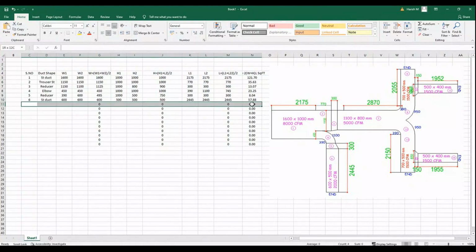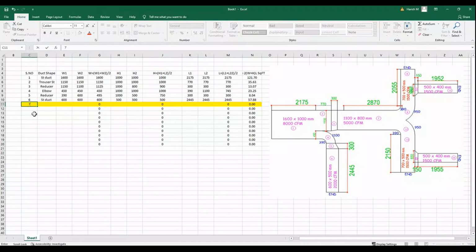ये लाइन मैं हाईलाइट कर रहा हूं, दिस इज नॉट विजिबल, दिस इज सेक्शन 7 एंड कैप। एंड कैप में, सो एंड कैप का विड्थ होता है 600, हाइट होता है सेम 500। तो एंड कैप का फॉर्मूला क्या होता है कि इधर लेंथ नहीं होता है सर, लेंथ इज ऑलवेज 0 एंड कैप का, ओके। कभी कभी होता है 50 mm, 50 mm एंड कैप का लेंथ होता है, ओके।